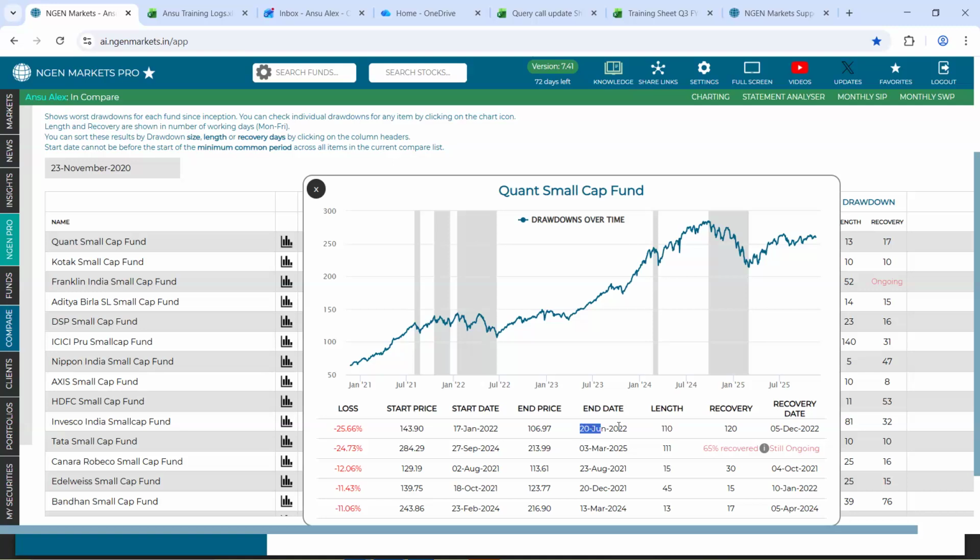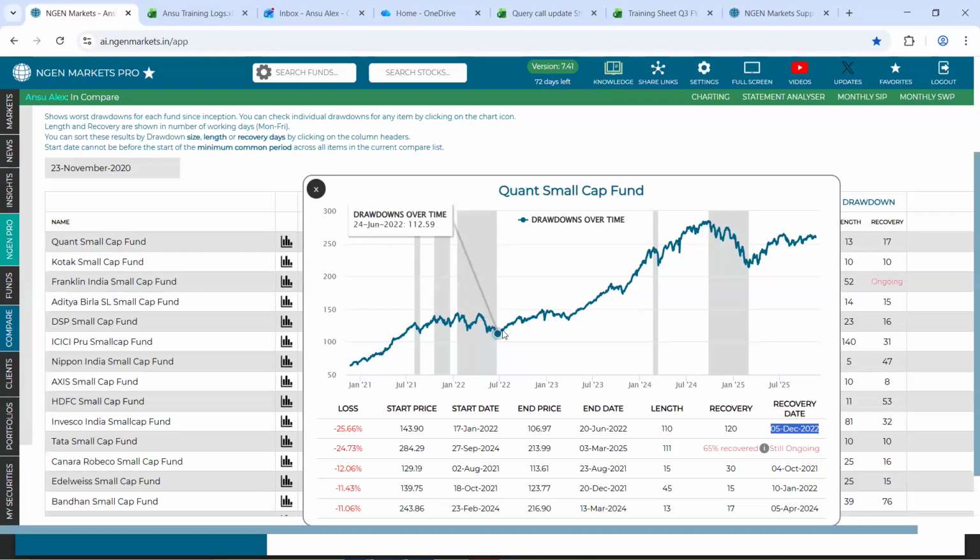And post our end date of 20 June, it took a total of 120 working days for this fund to recover. That is, 120 days it took for the fund to cross this start NAV of 143.9. And the recovery happened on 5th December 2022.